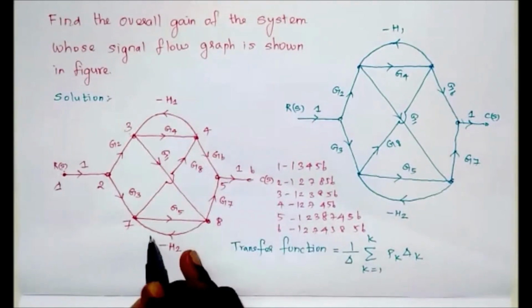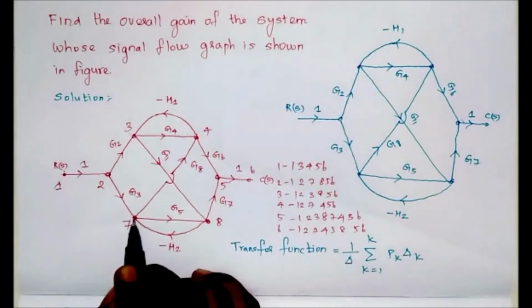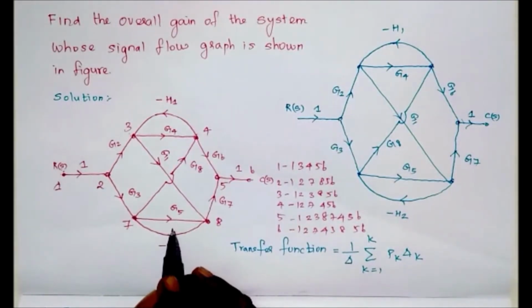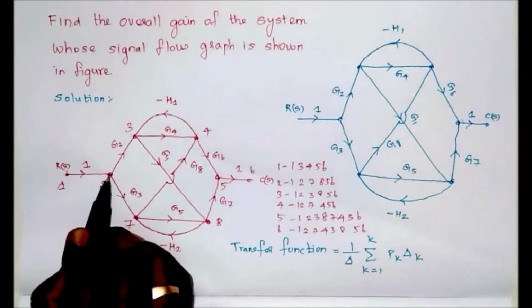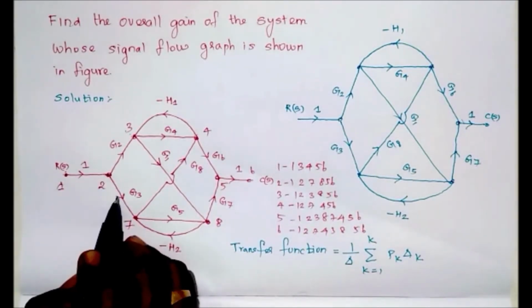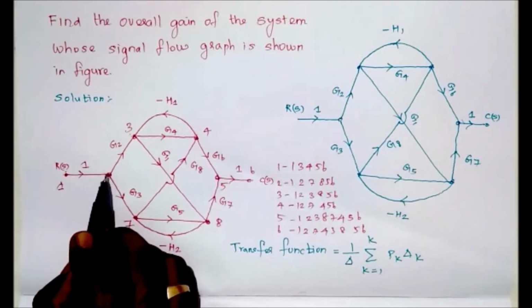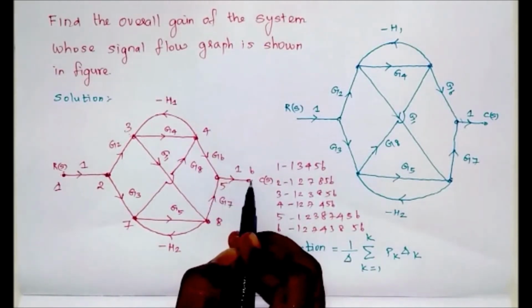Then the next possibility. Now you see here, suppose we start at this point, it is going to 8, and again it is coming to 7. So now we can say it is a second individual loop. Next, suppose we consider this node, there is only an outgoing branch, there is no incoming branch. So here there is no possibility of forming a loop. Here also if we check, there is none, because if it goes, it is reaching the output.